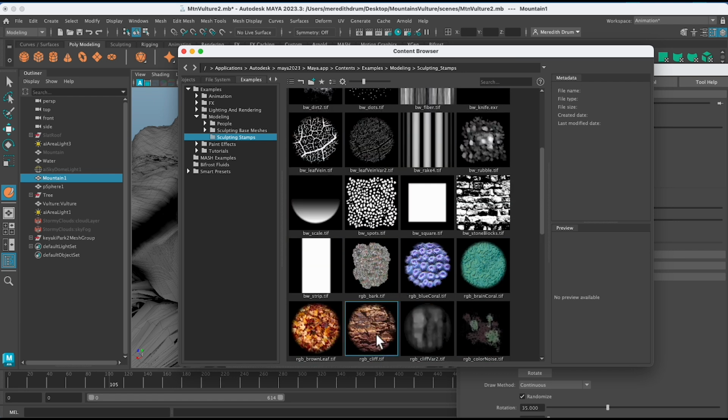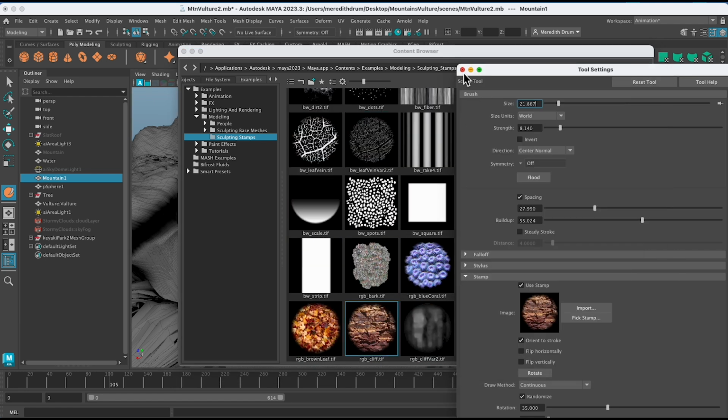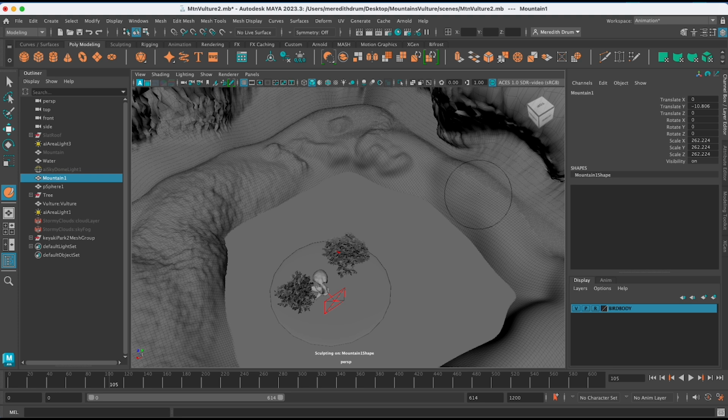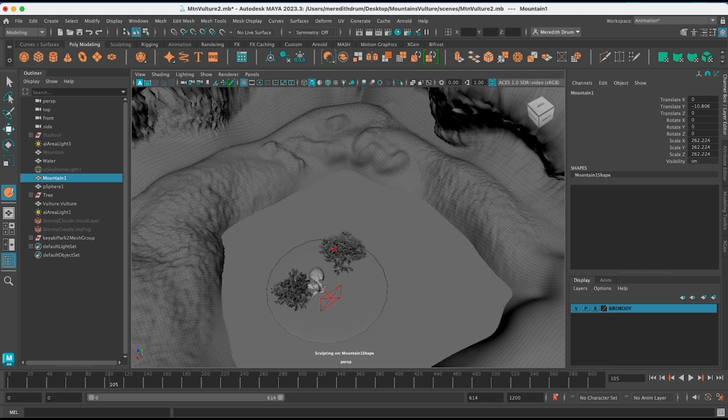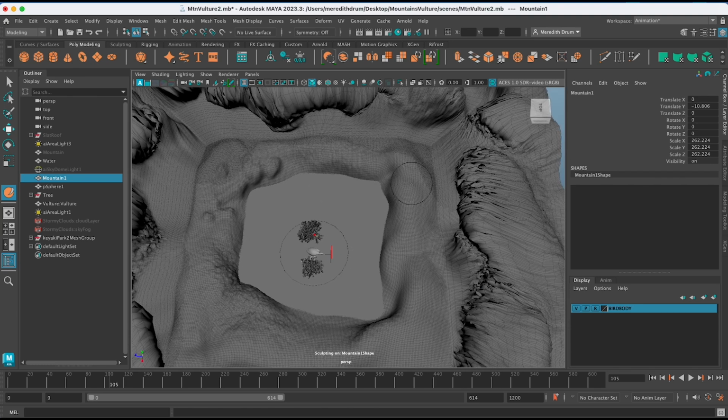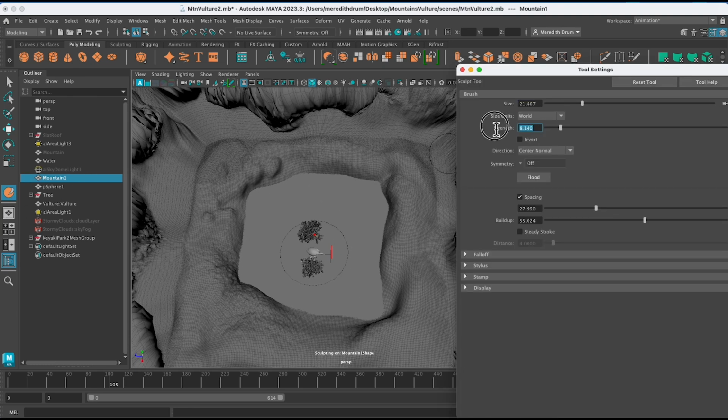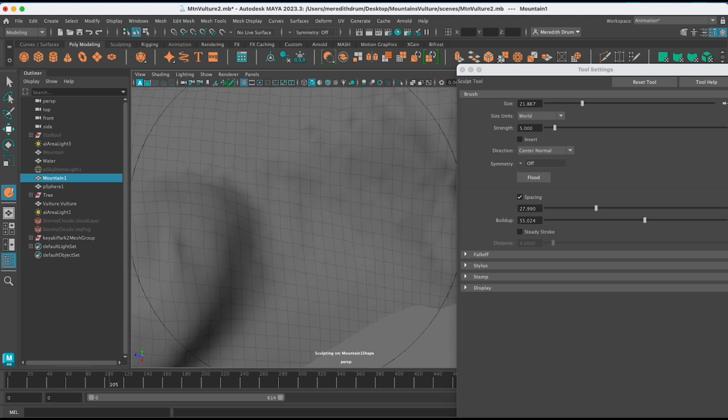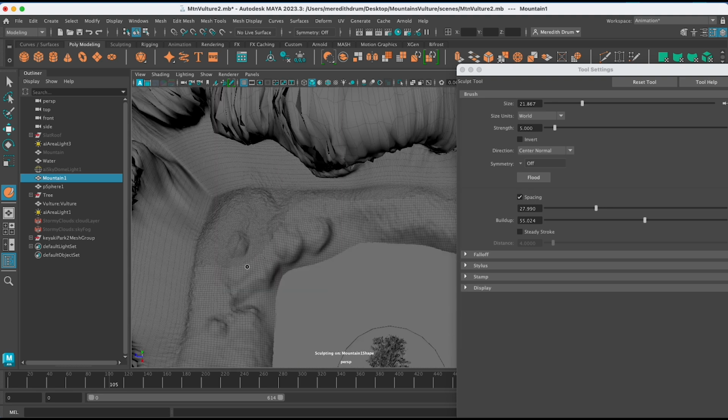You can also pick a stamp from what's already there. So we could pick, like, that's a nice one, this cliff face. You can also play around with the spacing, all sorts of stuff you can do, but this one might be good just to create some texture here on the ground. And maybe it's a little too strong, you could bring this down to 5, just for here. So it gives it some visual interest, so when we render it, it's not so plain. You can see how it's affecting that.